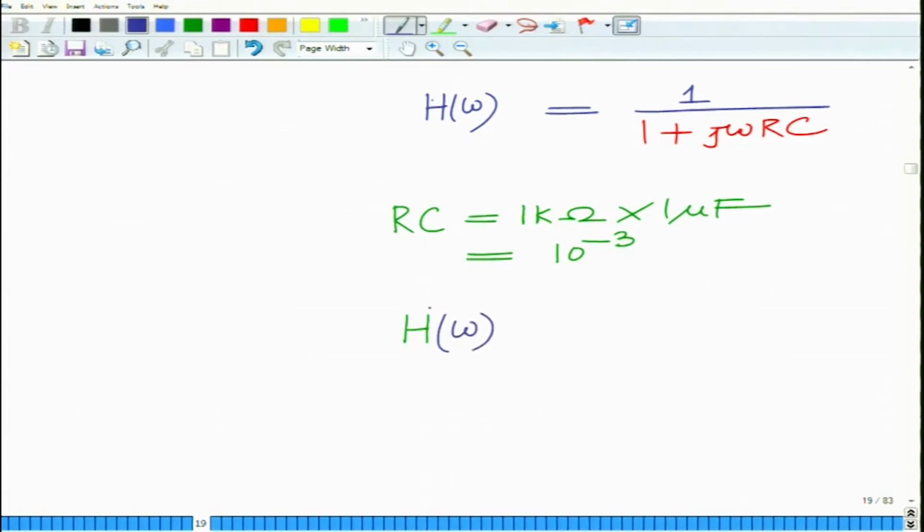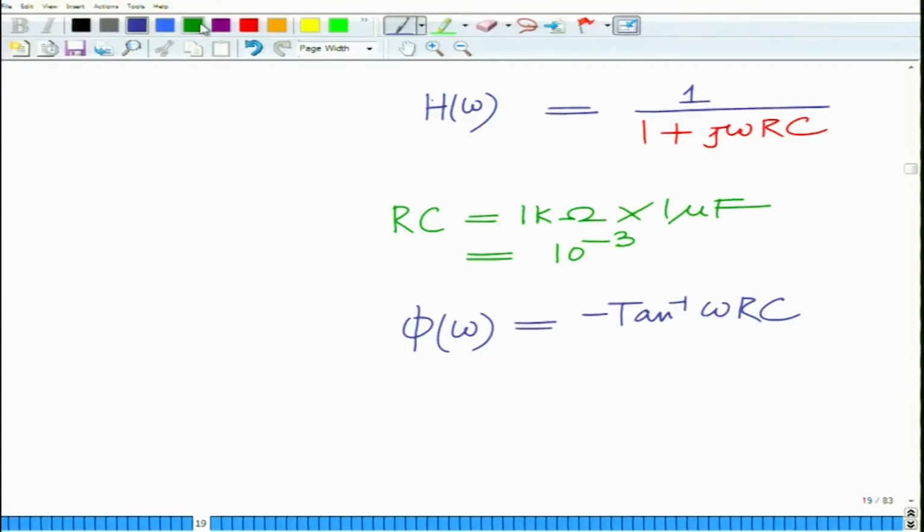If you look at the phase phi of omega, this will be minus tan inverse omega RC, because the phase of 1 plus j omega RC is tan inverse omega RC, but that is in the denominator. So the net phase is minus tan inverse omega RC, and therefore the group delay tau g